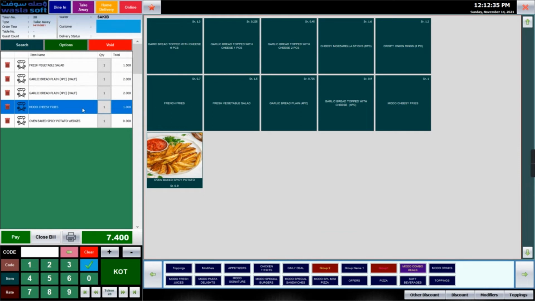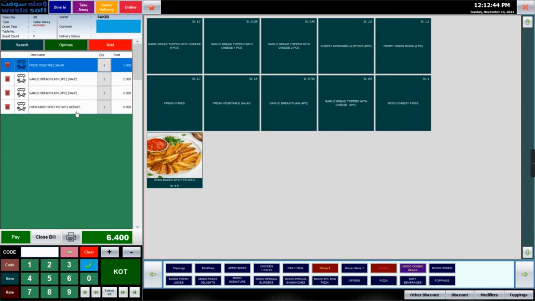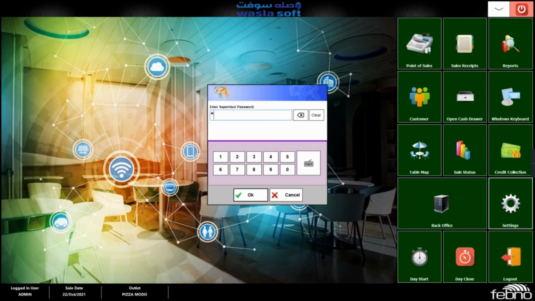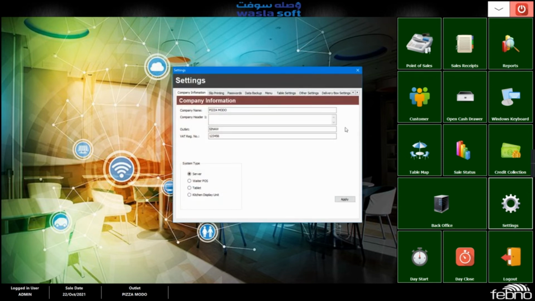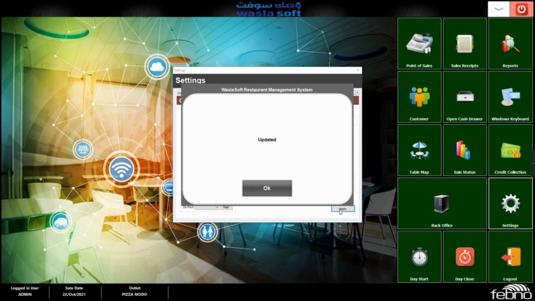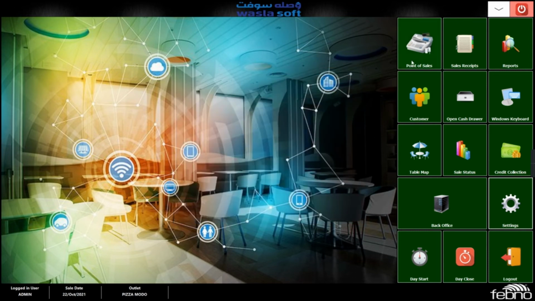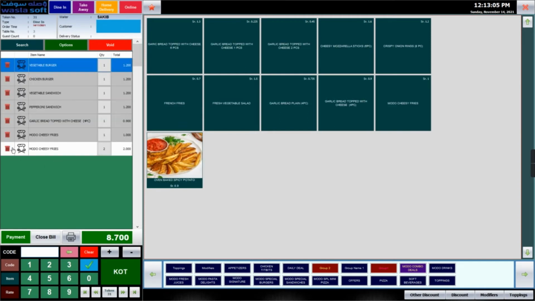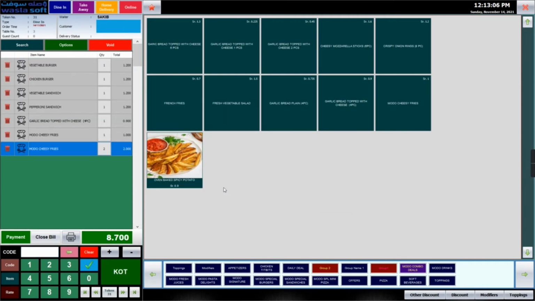If it is taking too much time, because it is going to print to that particular kitchen printer, what you can do, if you want to make it fast, is go to the settings. Under settings you have other settings. Just untick this print void bills and click apply, and you can simply delete that item directly.